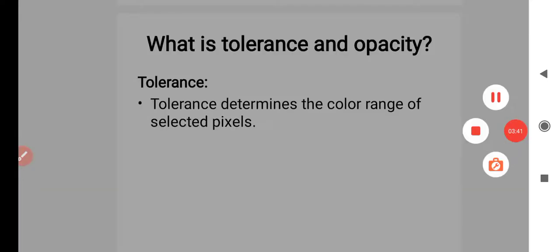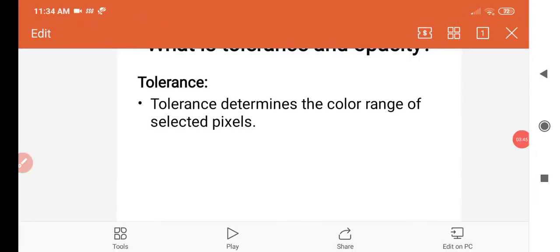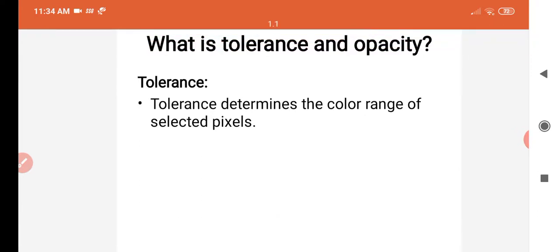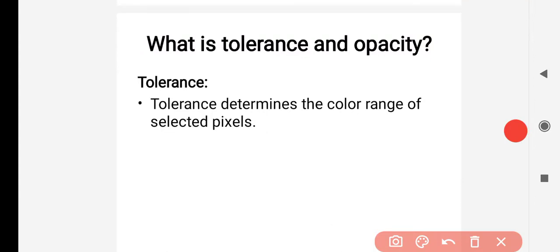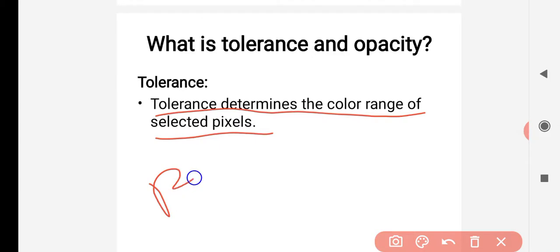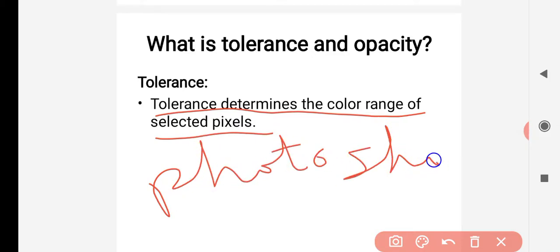The last point is tolerance and opacity. Tolerance means what? Tolerance determines the color range of selected pixels. This is helpful in Photoshop, where we change the photo.